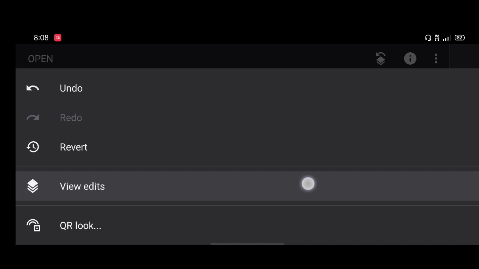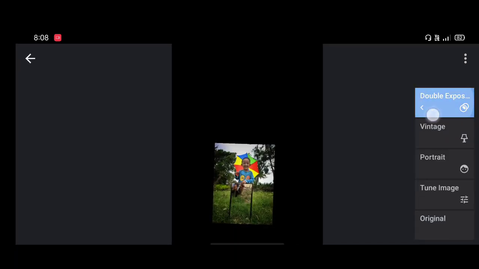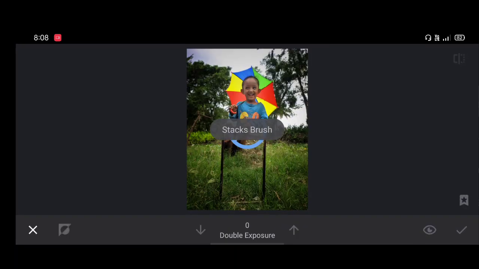But here our main model has disappeared. But don't worry guys, click on the above arrow mark, select the view edits and select the latest double exposure, click on the brush mark.